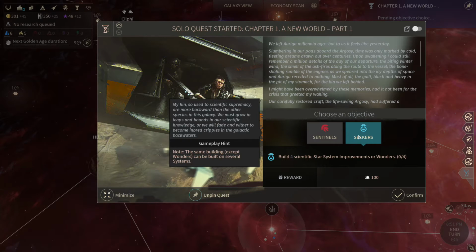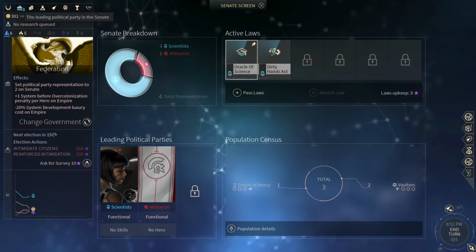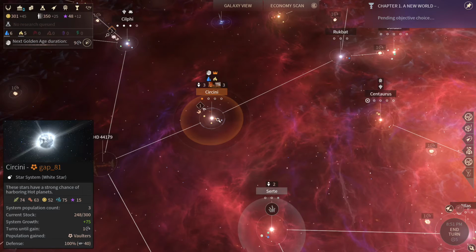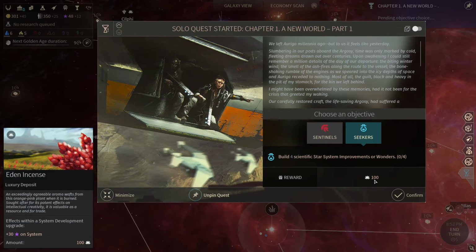Seekers. This is a little bit more realistic. You start with the technology for 1 science building already unlocked, so you either get 4 systems and build that in each system, or you get another building unlocked and you build 2 different science buildings and 2 systems to get this reward. The problem is 100 Eden Incense, as nice as that is, unless it's a population booster, or unless you already have income of it and you want to use it for system development, it's just not as good of a reward. It's basically going to boil down to how much does 100 Eden Incense net me on the market in dust? Because that's probably what I'm going to end up using it for. Maybe use it for trade, but